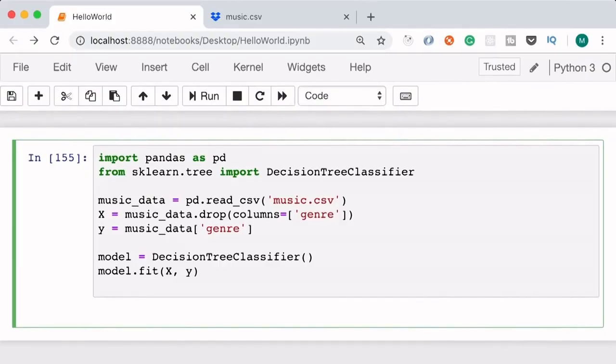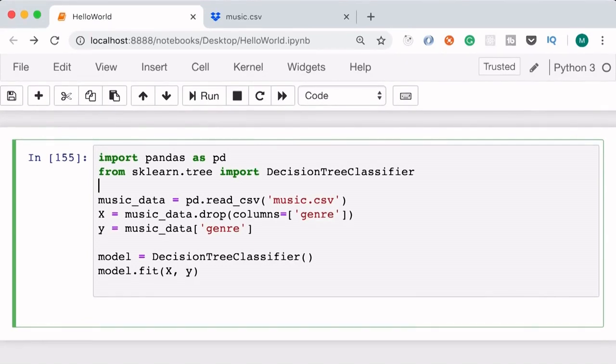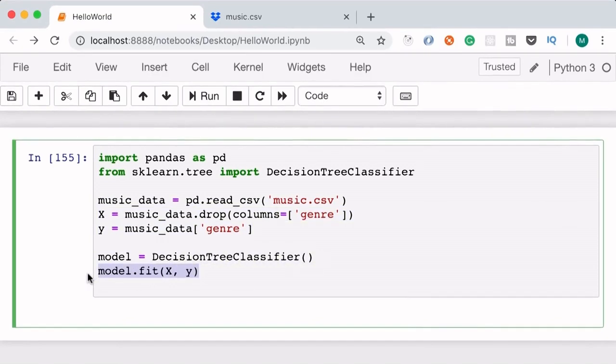Earlier in this section, I told you that decision trees are the easiest to understand, and that's why we started machine learning with decision trees. In this section, we're going to export our model in a visual format, so you will see how this model makes predictions. That is really, really cool. Let me show you. So once again, I've simplified this code. So we simply import our dataset, create input and output sets, create a model, and train it. That's all we are doing.